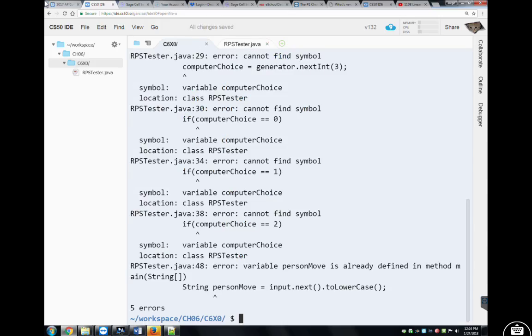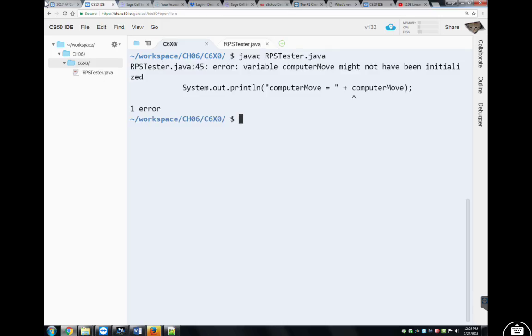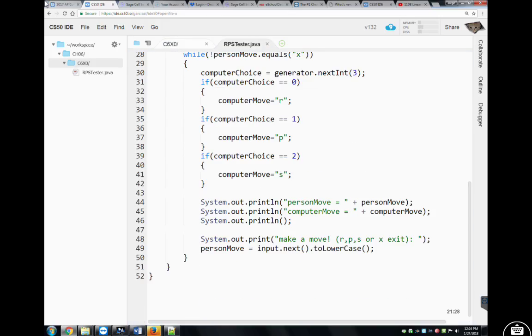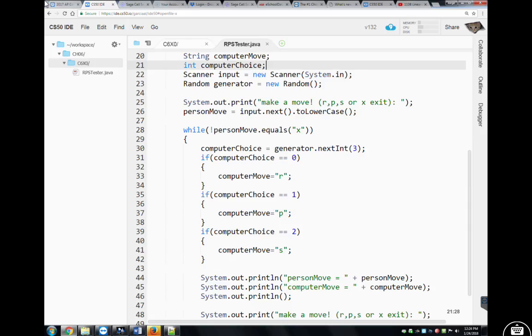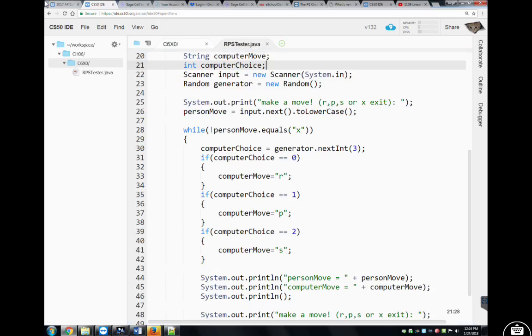Let's try that again. What do I do now? May not have been initialized, really? I thought it was. In line 45. Line 45, computerMove. Oh, right. Oh boy. Yeah, that's a warning. Did it actually do anything though? It didn't actually run. That's an error. Alright, so to avoid that error,